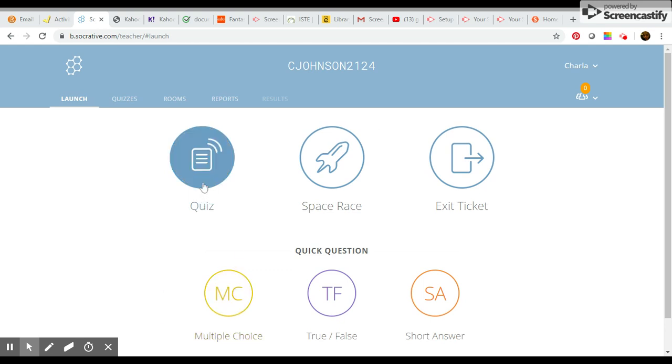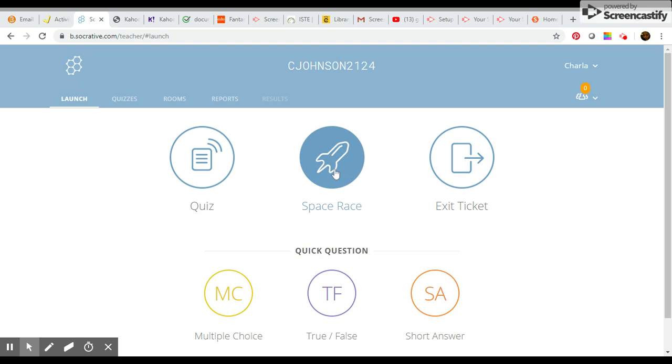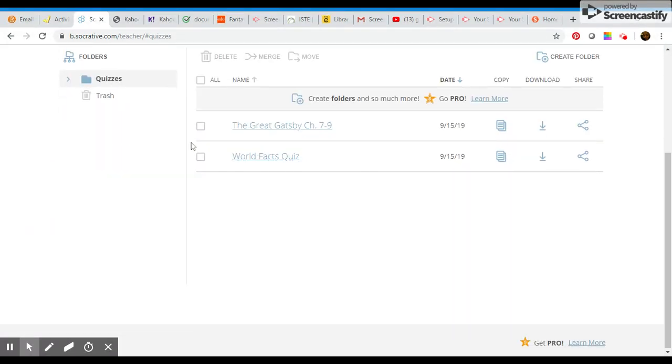So you can create a quiz that the students can complete, an exit ticket, or what I'll discuss today, the space race, which takes an existing quiz and makes it a fun learning game students can either work with by themselves or collaborate with teams. So to launch a space race, you have to have an existing quiz already loaded into Socrative, which if you don't have one, you would go to quizzes and you can create your quiz